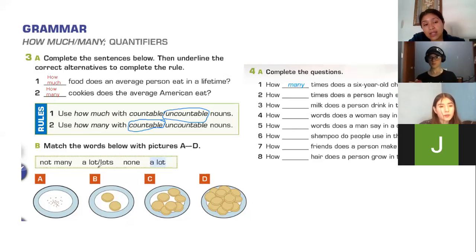Now it says, match the words below with the picture. Not many, a lot, or lots, which is the same, none, and a lot. Okay, these two are basically the same, right? But well, as I told you before, quite a lot and a lot are basically the same. Maybe there's going to be a little difference. Va a haber una pequeña diferencia, but you can use both to express, porque como no expresan un número exacto, a lot, puede que a lot sea mucho para ti y a lo mejor no tanto para mí. Entonces, that's why it's como, depende de la perspectiva de la persona, right?